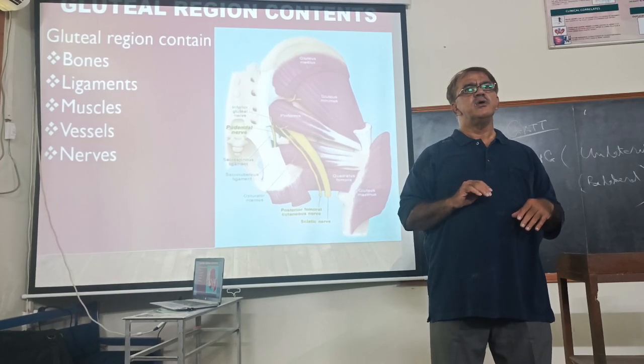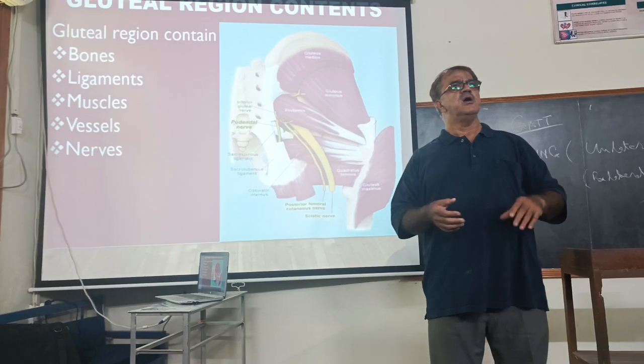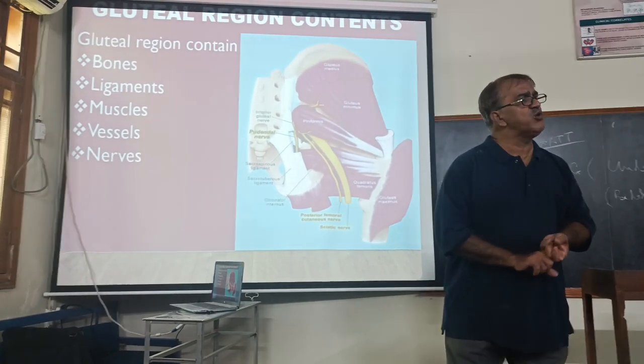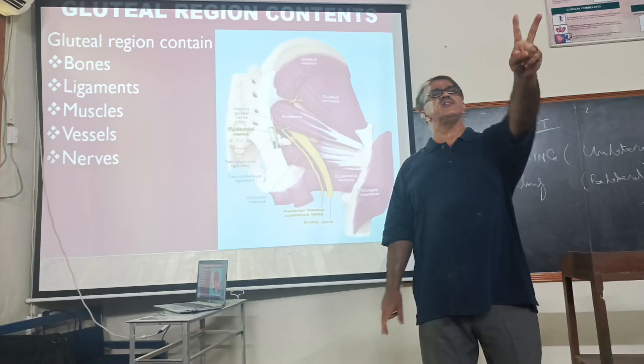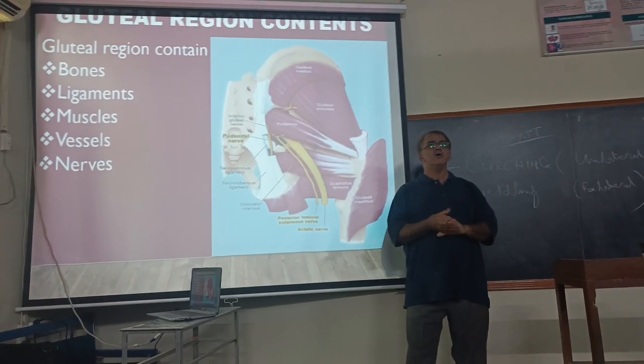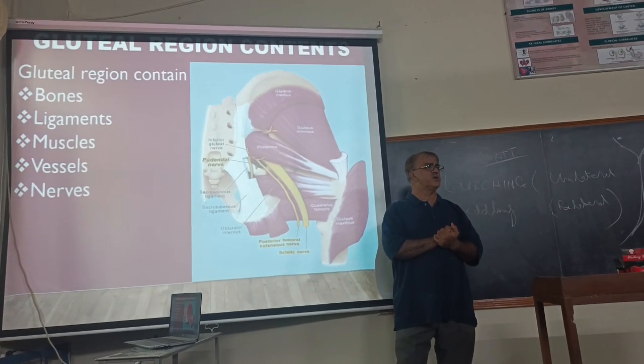ये मसल बड़ी भी है और सुपरफिशियल भी है और नीचे भी जा रही है. It is supplied by, because it is going inferiorly, so it is supplied by the inferior gluteal nerve, gluteus maximus. Otherwise, those two they are supplied by superior gluteal nerve. This is frequently asked, इसलिए बता रहा हूँ कि nerve supply इन तीनों muscles. 2 मिनट का ब्रेक, इसके बाद फिर